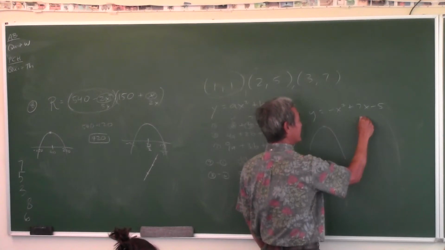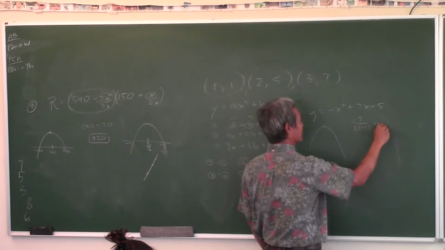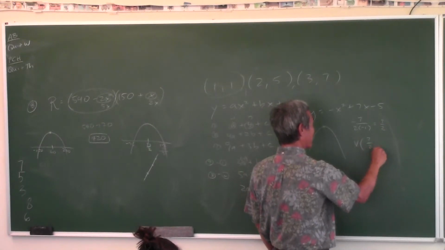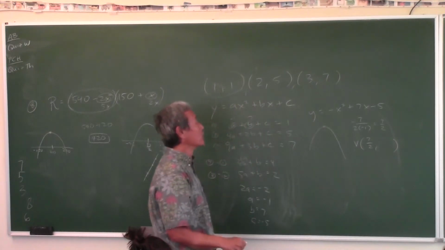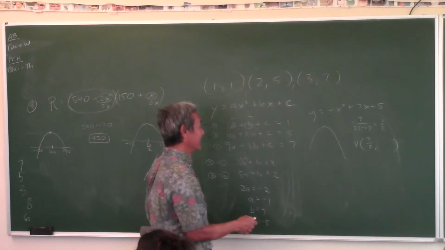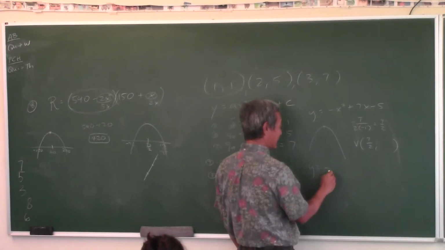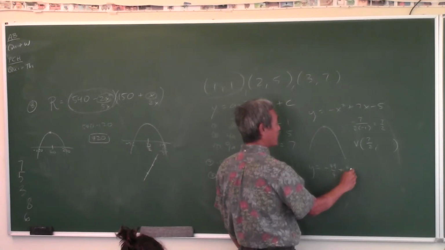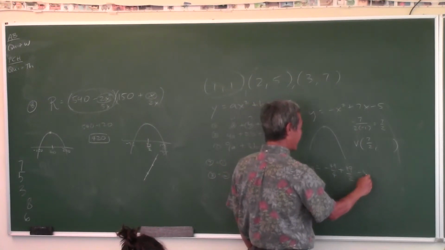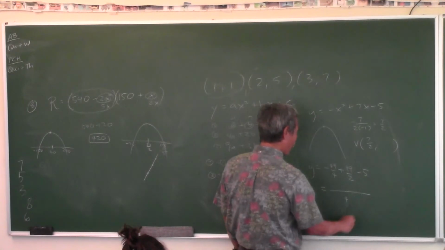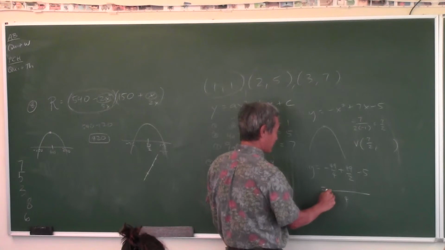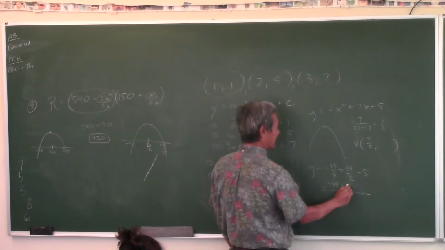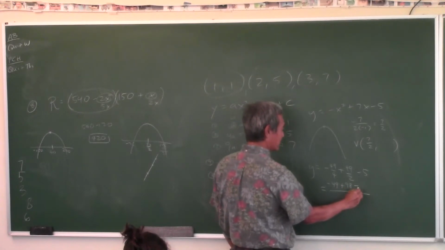So negative b over 2a, what is that? 7 halves. So we know the x coordinate of the vertex is 7 halves. How do I find the y coordinate? Plug it in. Here we go. So y equals negative 49 fourths plus 49 halves minus 5. Make a least common denominator of 4. Negative 49 plus 98 minus